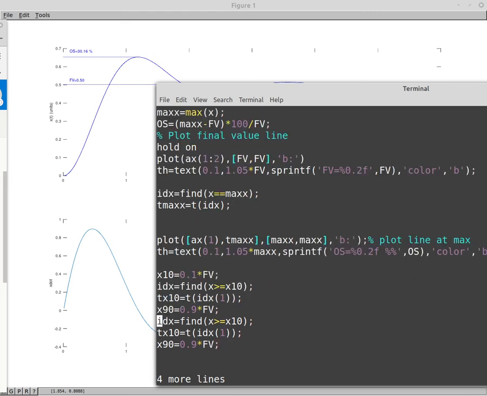And then we want to do the exact same for the 90. So I'm just going to copy these couple of lines and just change the 10 to a 90. And I don't need that line, that's redundant. So now